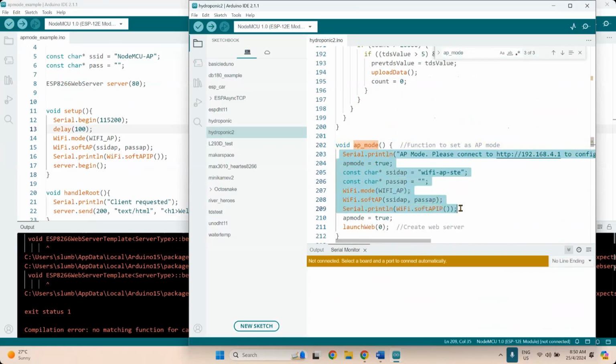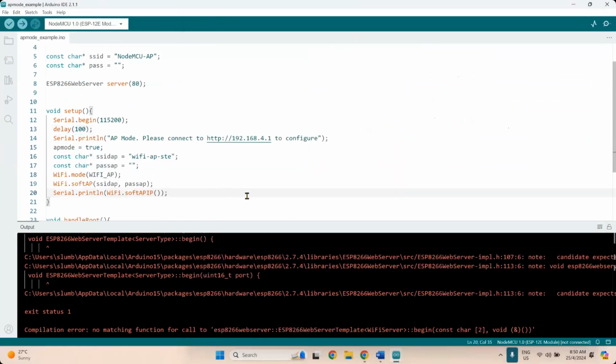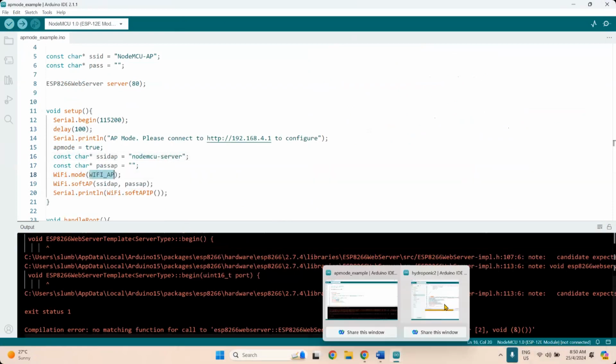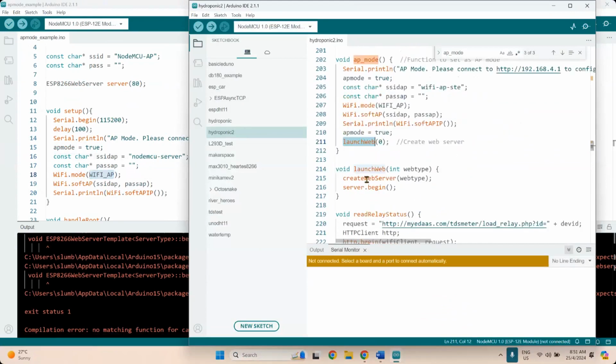All right, we're going to take from there. Serial println, delay, WiFi print. Okay, so NodeMCU server. Set AP mode, done. Then call launch web.